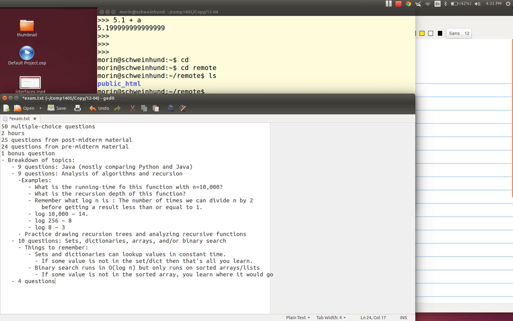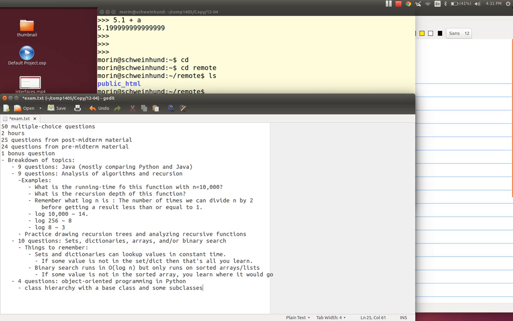We will have 4 questions on object-oriented programming in Python. So classes and objects that you create from these classes, and you know exactly what happens there. So expect a little class hierarchy with a base class and some subclasses.